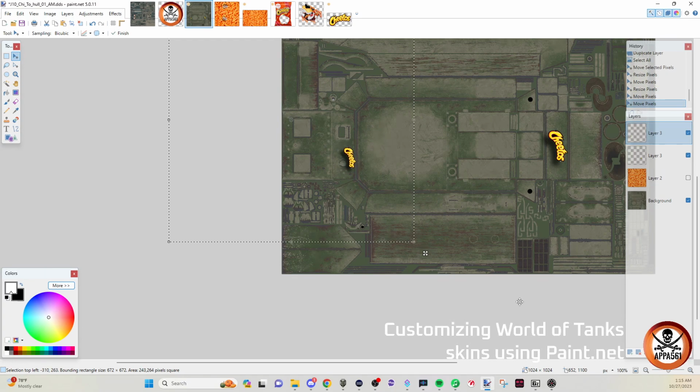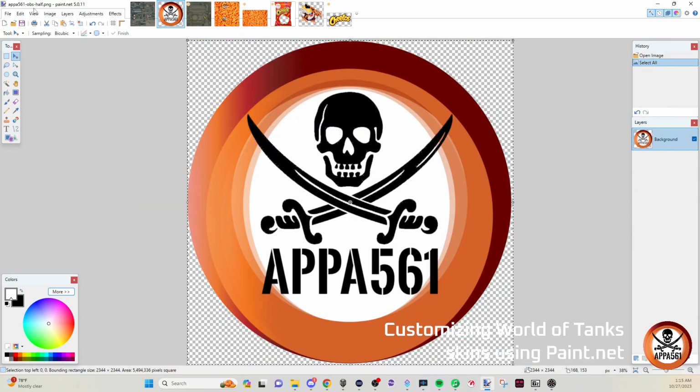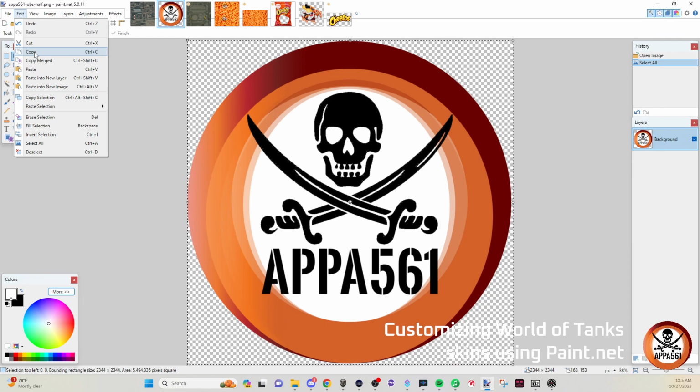Moved it. Grab that. Get rid of our bounding box here. Hold down the shift key, move this back over here where we can work on it. And we want to put our logo in. And our logo is going to go here, except it has to be the opposite orientation of the Cheetos here. Right? So we're going to grab our logo, copy,